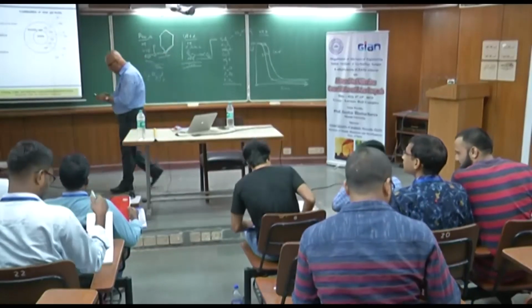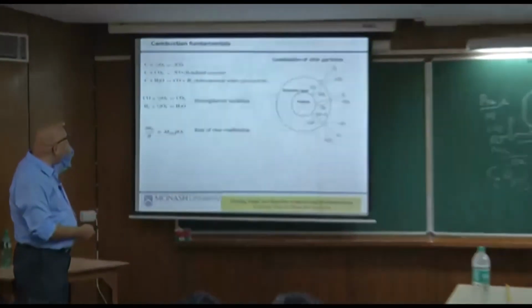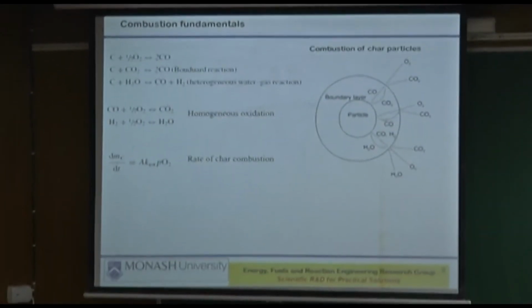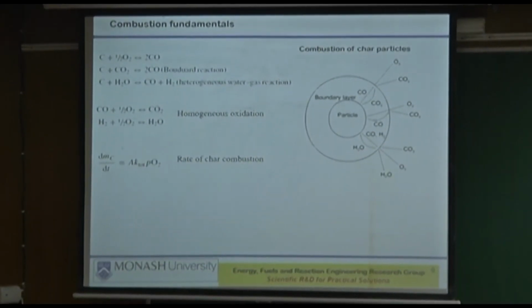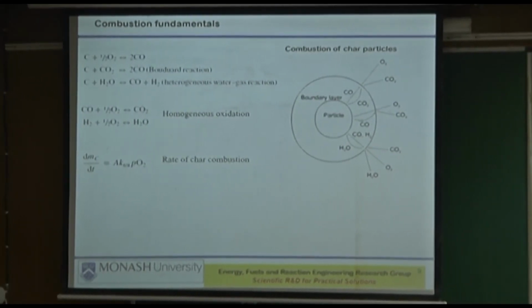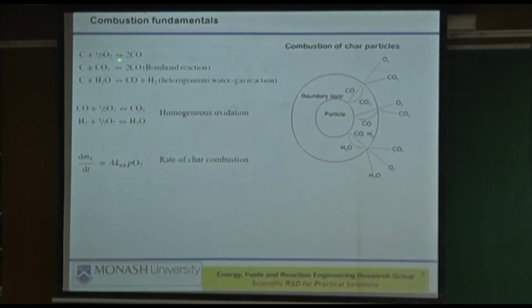Okay, so let's, I think we got another 2 slides left in this section. So we were discussing the char combustion after the ignition has taken place. And the char conversion or burnout, that can take place through all sorts of different reactions, depending on how much oxygen is there in the vicinity of it in the boundary layer, and how much oxygen can penetrate, diffuse through the boundary layer